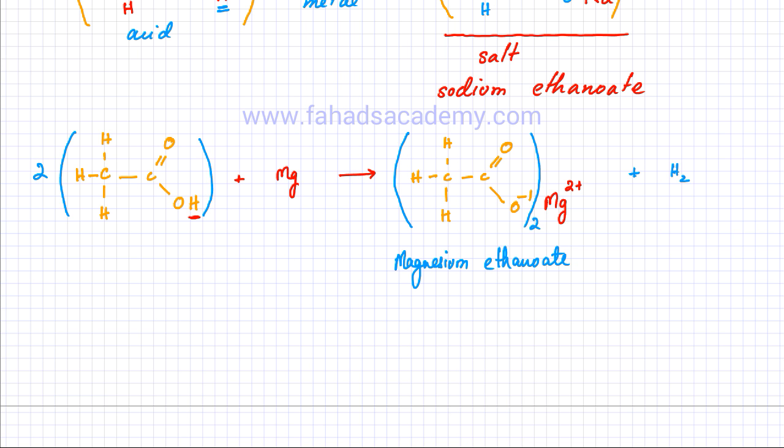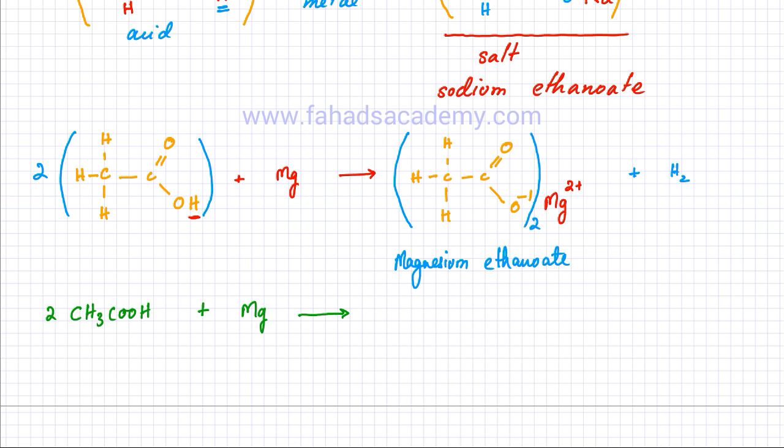Now another, better way of writing this is the compressed notation. You don't need to actually draw all the bonds in this molecule. What you can do instead is, this is CH3, so you can write a compressed version. So you have CH3, and then COOH, and there are two molecules of this. So you have two ethanoic acids, and it's reacting with magnesium, and it's going to produce this salt over here,